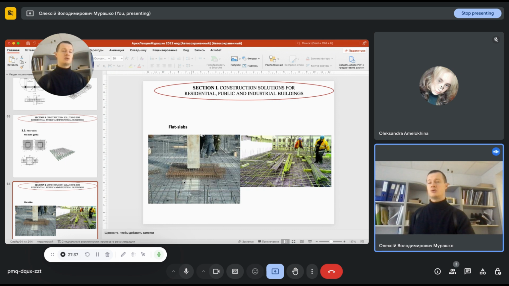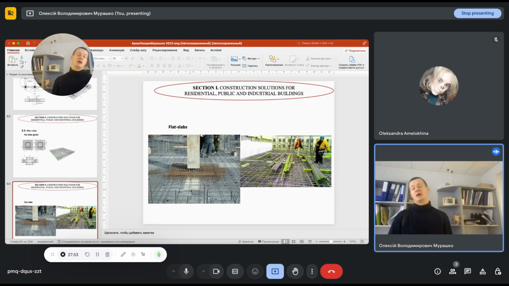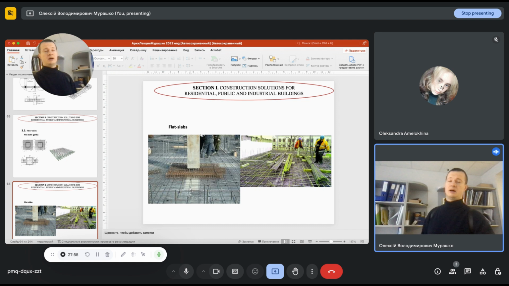And location of a big amount of transverse reinforcement in these elements reduces the ability to locate various openings inside slabs. For example, architects really like the situation when we have sewerage pipelines or